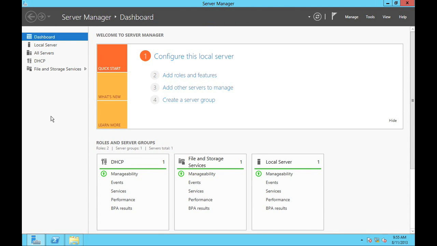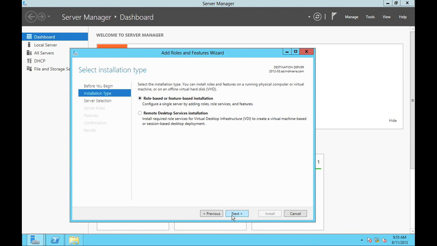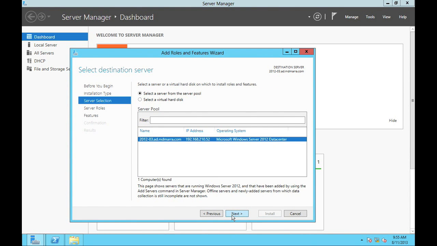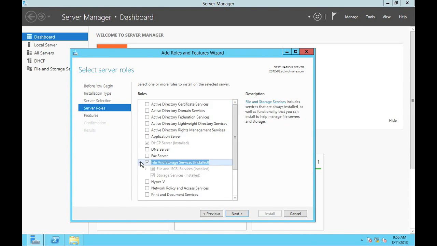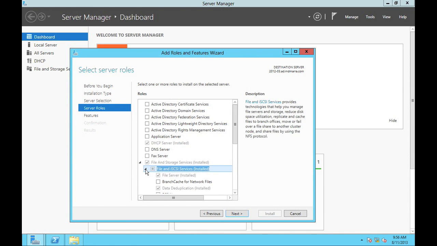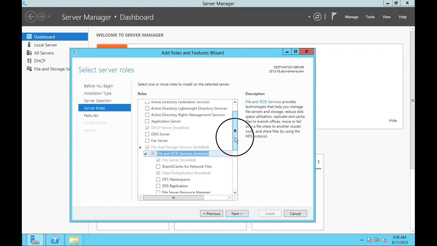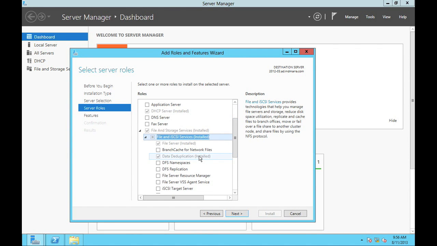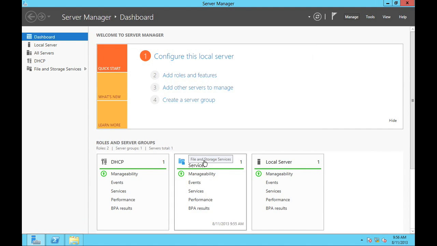I will show you today how to configure that and give you an example of some of the space that's saved. The first thing you need to do is add a role. I've already installed it here, but I'll show you where it is. You'd go next, next, next, and it's under File and iSCSI Services, and you need to check this box for data deduplication. By checking that, it'll also check the box for the file server